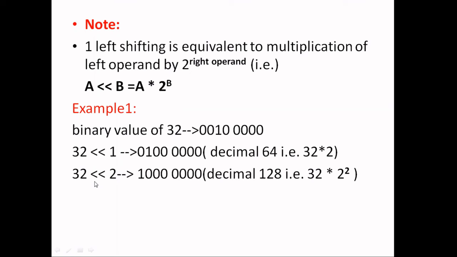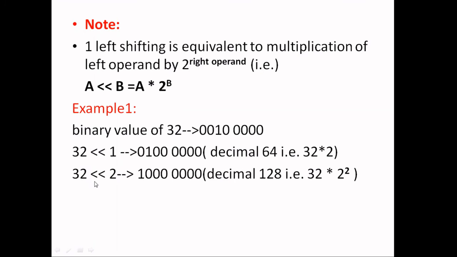So if you consider an example, A >> 1 would shift all the bits in A one place to the right. Similarly, if you have A >> B, it shifts all the bits of A by B places to the right. When the bits are shifted to the right, again the blanks have to be filled with zeros.